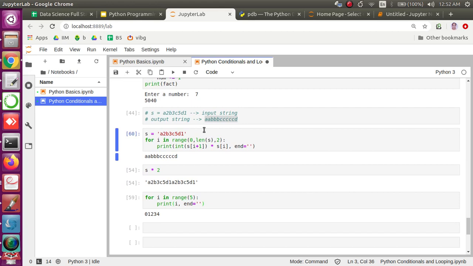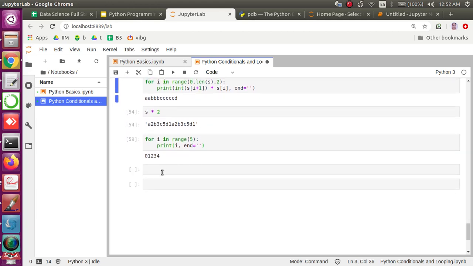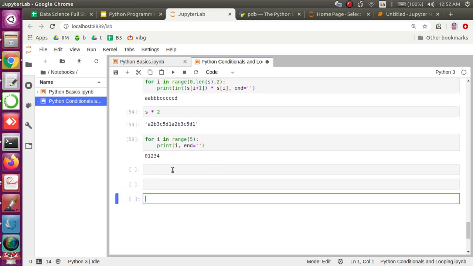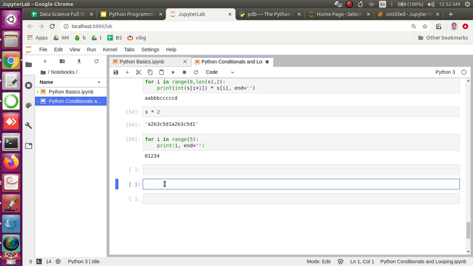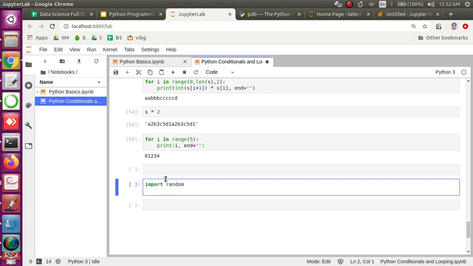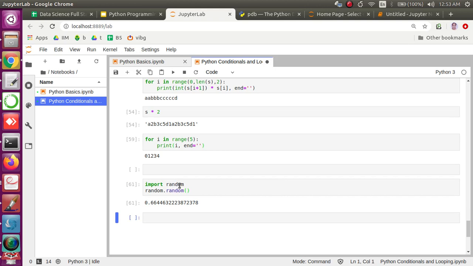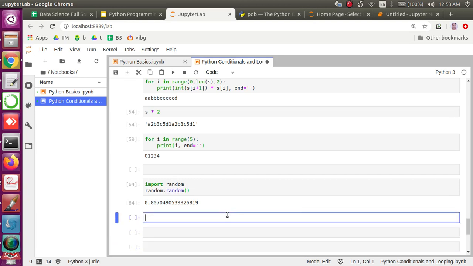Okay, so this was simple. So let me, as part of this demo practice session, let us solve one more quick thing. I will introduce you to something called random. Random is a module, and if you do random, the random number, this generates a random number every time you run this particular function. It's a cool, useful function sometimes.